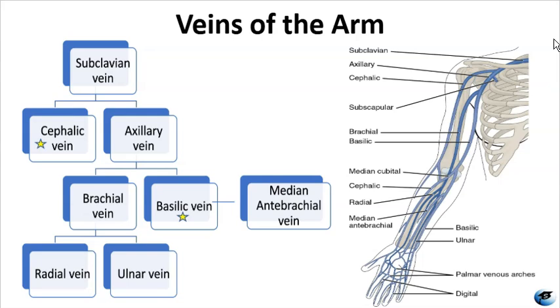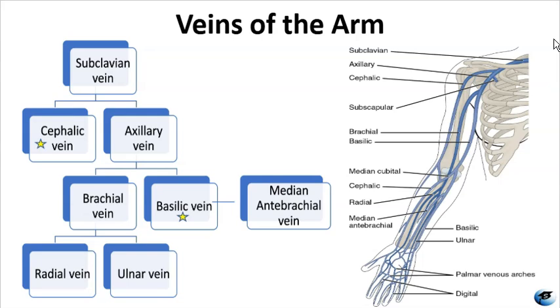The brachial vein is deeper and typically paired with the brachial artery, which you might explore during dissection or in ultrasound studies. Note how many of these veins have symmetry on both arms and how they eventually converge into the subclavian vein, leading into the superior vena cava and back to the heart. Understanding the layout of these veins helps you interpret blood flow and also to find reliable access points for IV